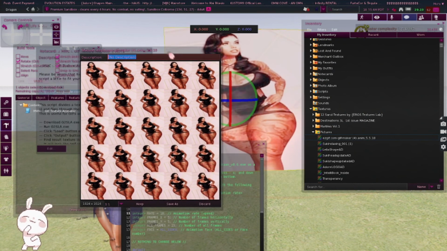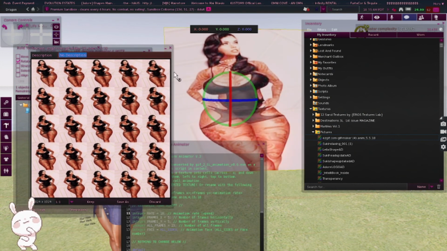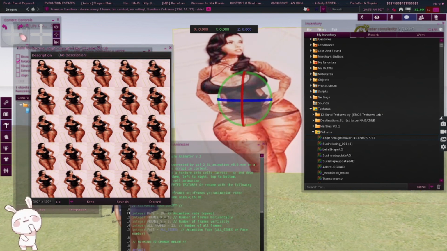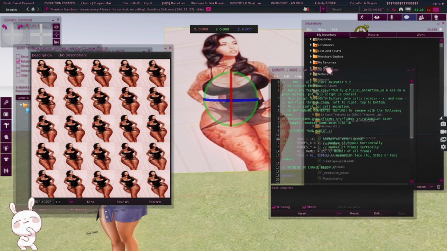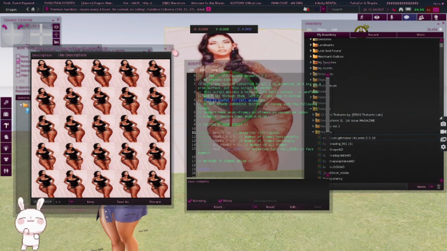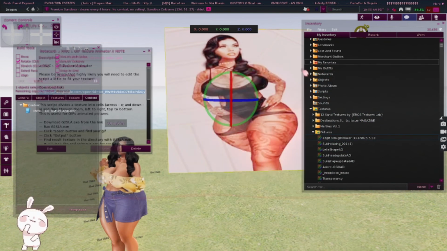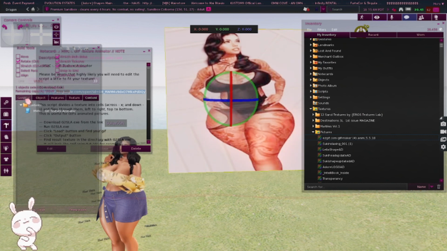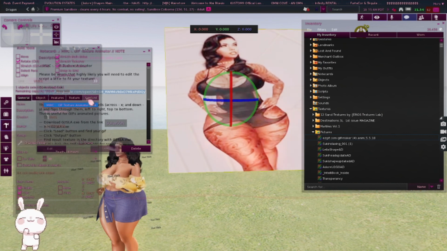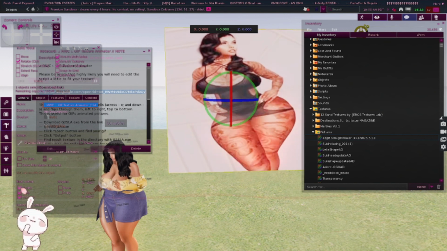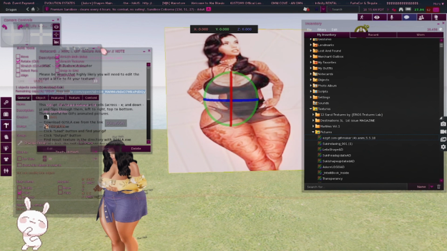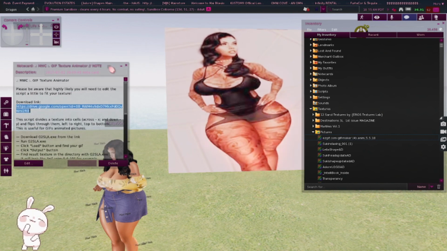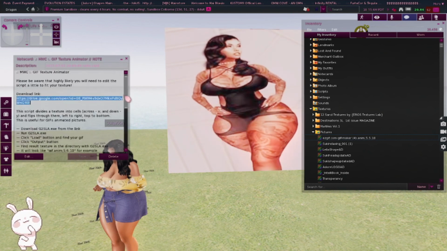So, like I said, the less frames, the better the GIF is going to come out, okay? Less frames, the better. And that's pretty much it. That's all you have to do. And then once it's done, you could just save it, rename it, and definitely make sure nobody can modify and transfer your stuff just in case you do put it out. But that's it. That's how you do it.